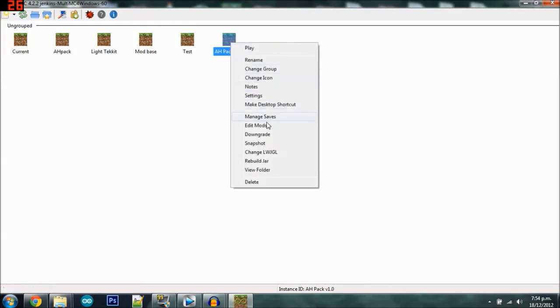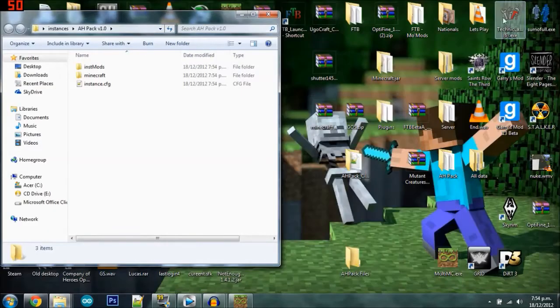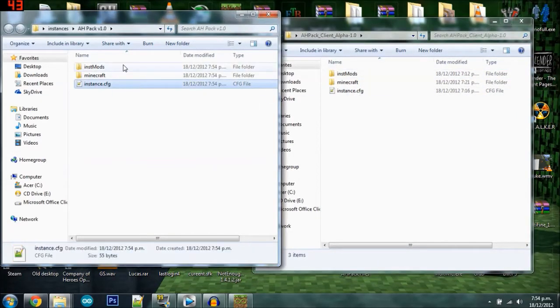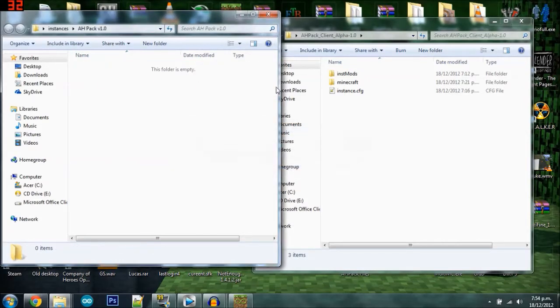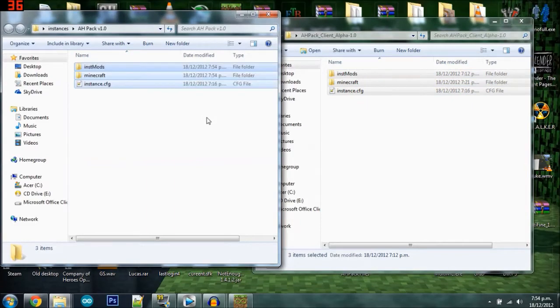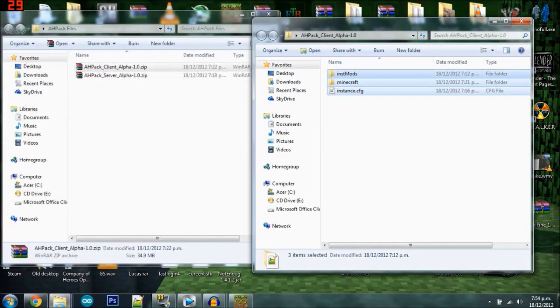So you go here and you go view folder. There are a couple of other ways of doing this. I'm showing you the guarantee surefire way. But anyway, now you have this, and as you can see, this is the same layout as what I've got here. So now you delete these, yes, and you copy these over to here,